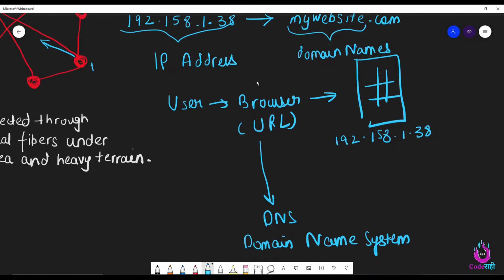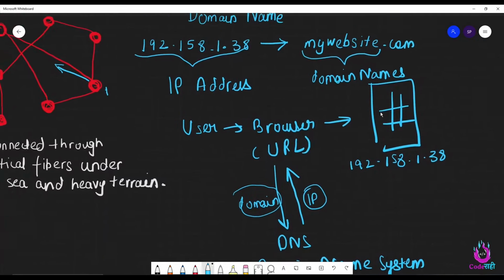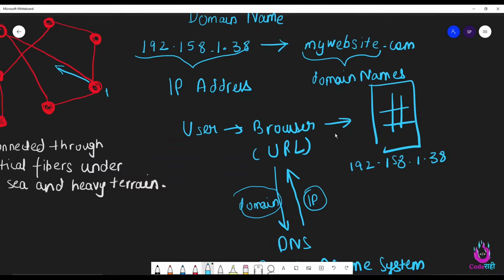So what will happen is your browser will first send a request to the DNS, and DNS will send back the IP address. So you basically send the domain name. Your browser will send the domain name, and the browser will ask the domain name server, "Do you know what's the IP address of this domain name?" And if the DNS knows it, it will send back the IP address of this domain name. And once the browser knows the IP address, it will simply send a request to this IP address. And this is how typically what happens when you type a URL in your browser.